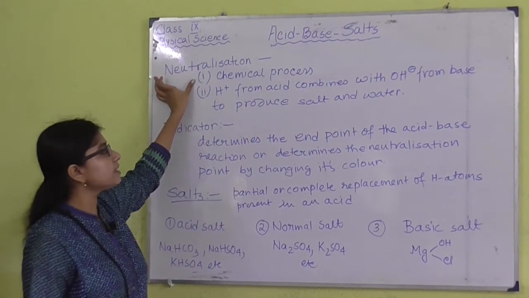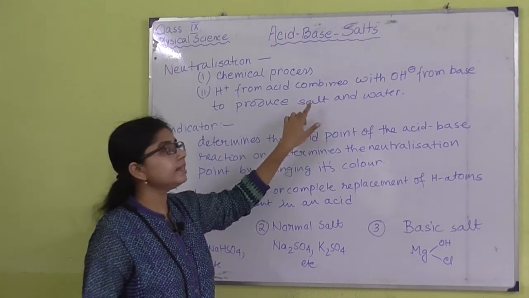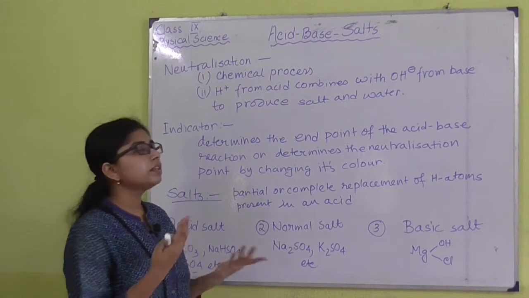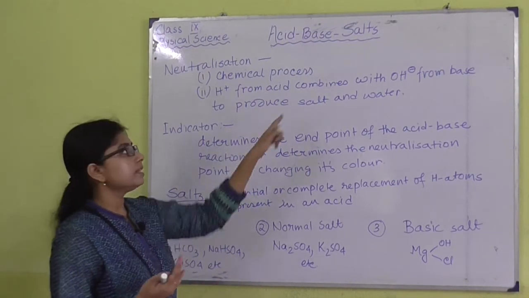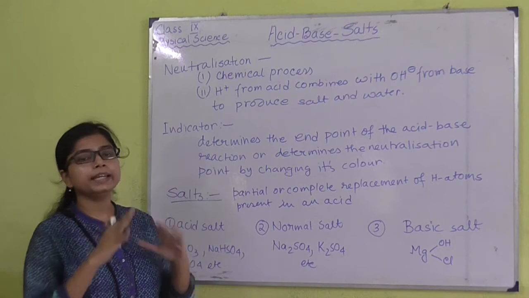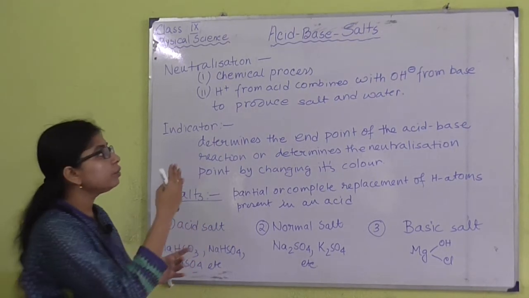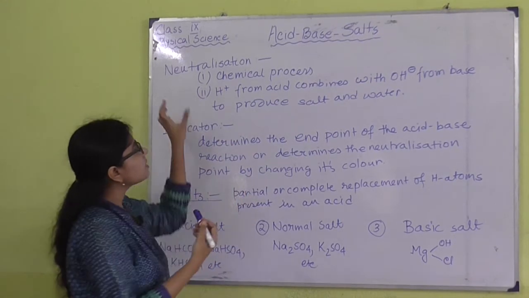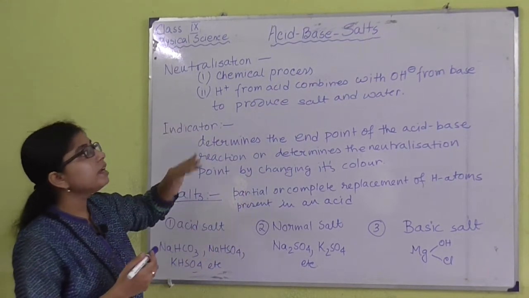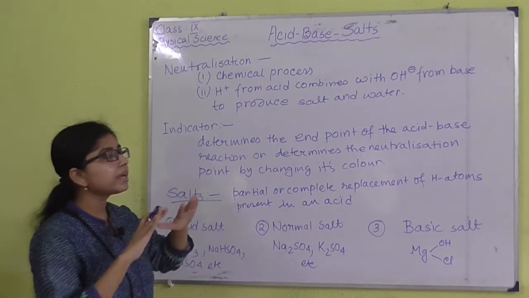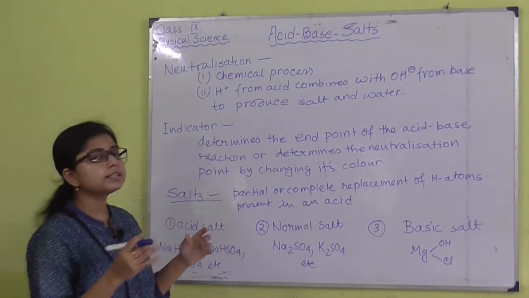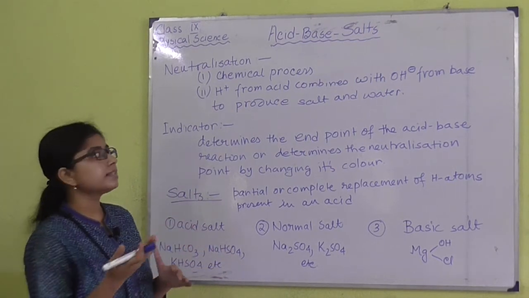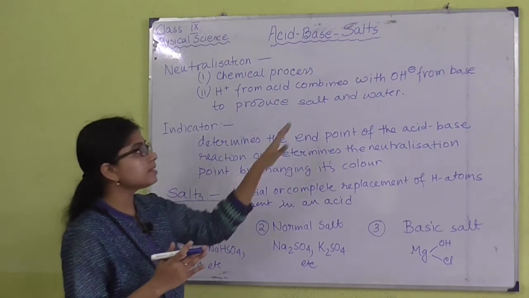Why is this known as neutralization? Because the salt is a completely new substance. There are no properties of the acid or the base. The salt is a completely new material which is generated due to the reaction between acid and base. So, that is why this is known as neutralization, where there is neither acid nor base, its pH is neither less than 7 nor more than 7, it is almost 7, because this is neutral in nature.